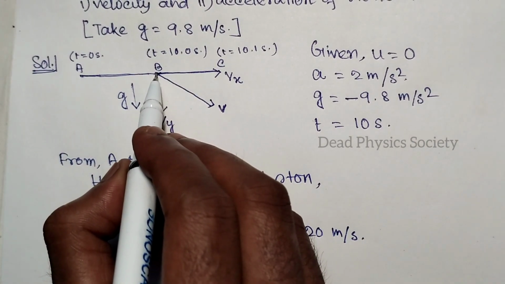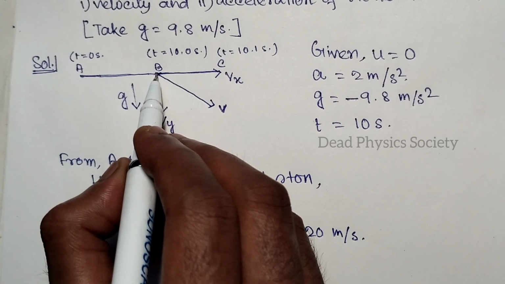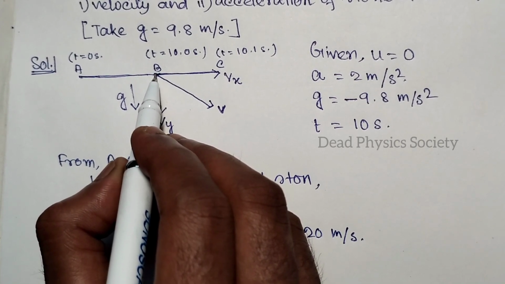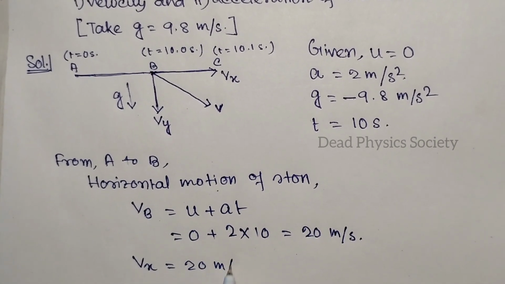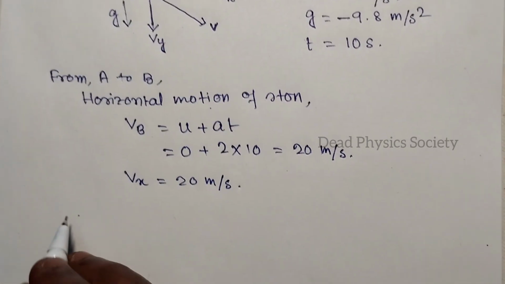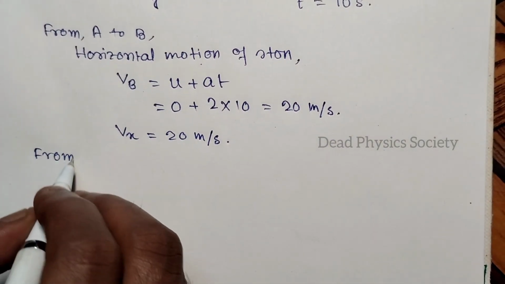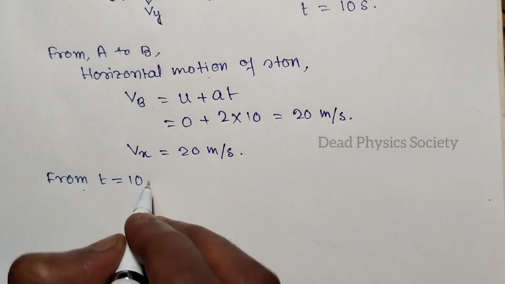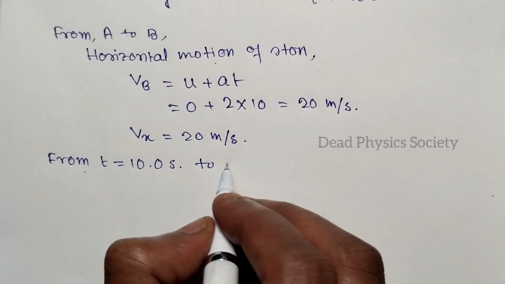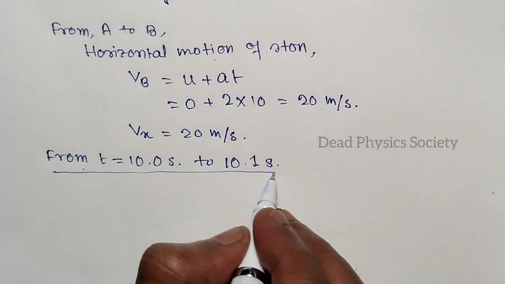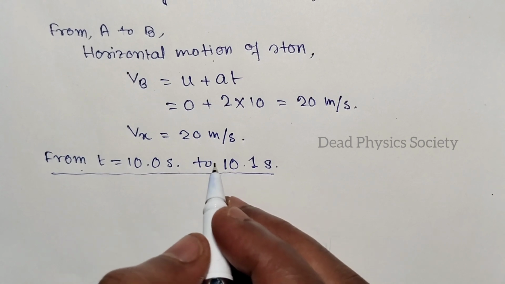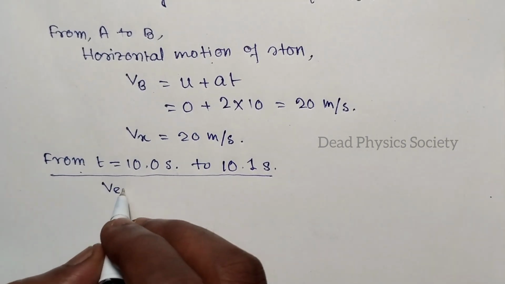So at B point, at t equals to 10 second, the velocity of stone is 20 meter per second, which is only horizontal velocity. So we can write Vx component is equal to 20 meter per second. Now from t equals to 10.0 second to 10.1 second, t ইকুয়ালস টু 10.0 থেকে 10.1 এই টাইম ইন্টারভালটা কনসিডার করি, সেইখানে ফর ভার্টিক্যাল